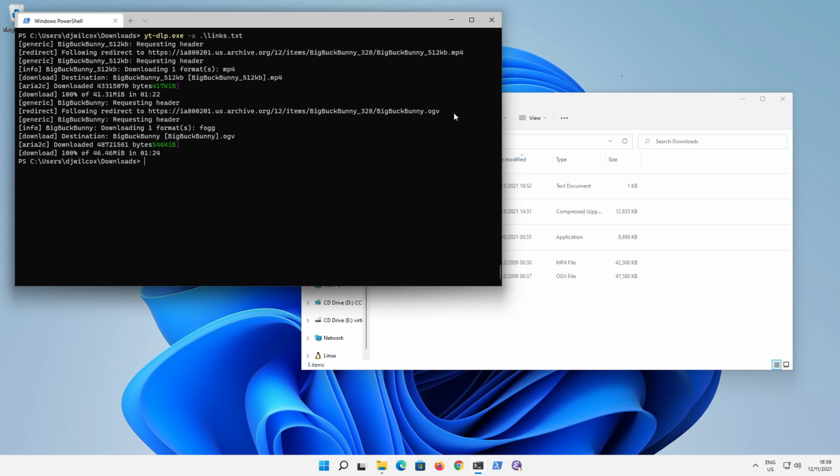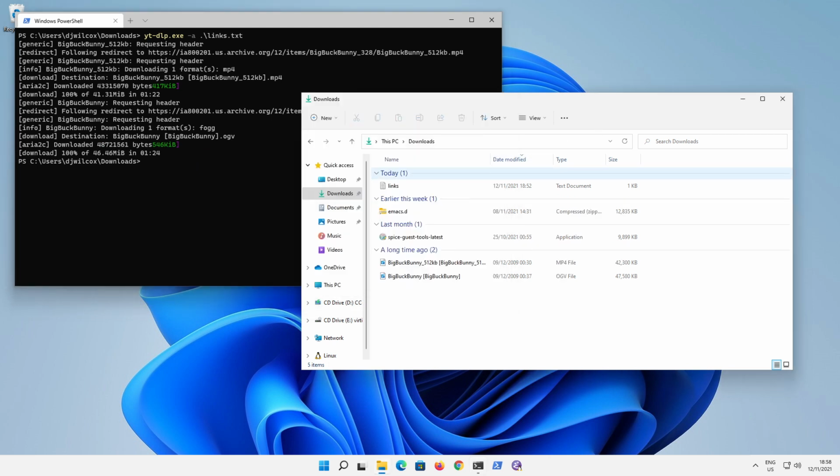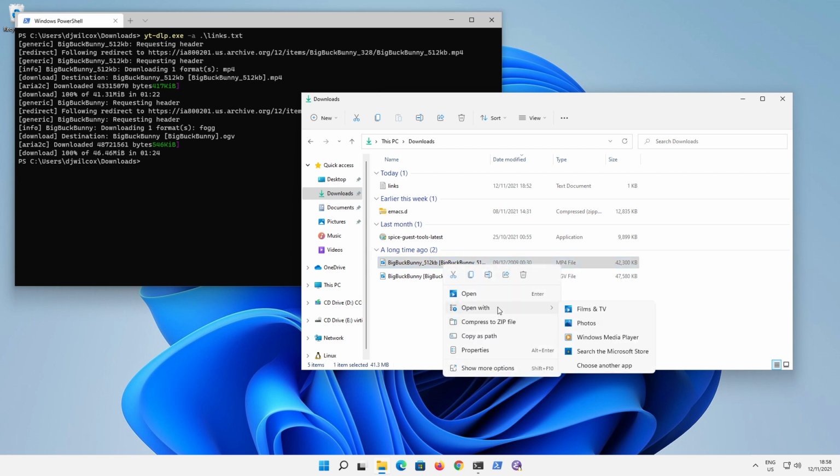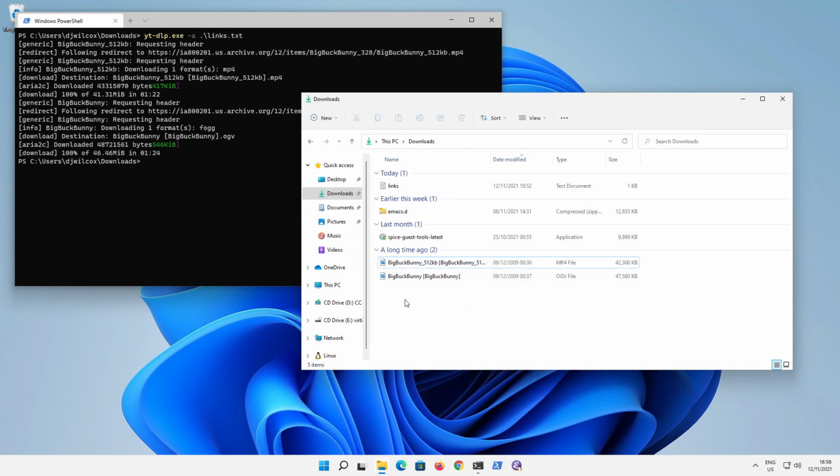Okay, and as you can see there, I don't know why I got this. It just can't show you the files, like a normal file manager. It's ridiculous. But you can see here, here's the MP4 and here's the MKV, the OGV. I've got VLC installed. Open with. I don't think I've actually got VLC installed on this virtual machine. Let's see if that works with the